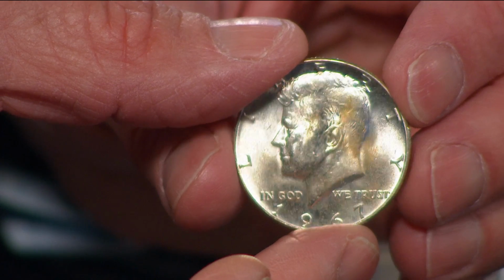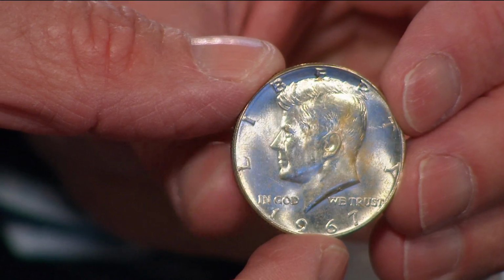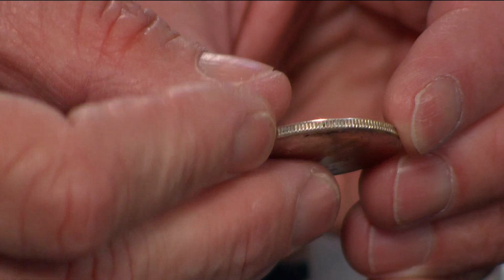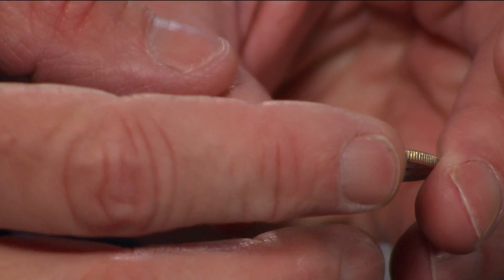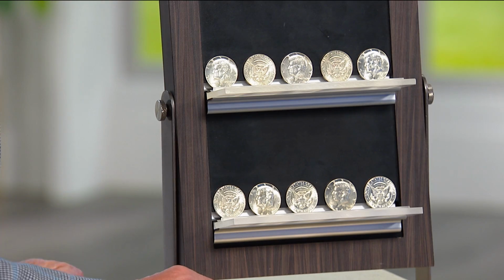Or 9, that's right. That you're going to have. We do have some 65s in there. Those are like $31.50. Look at every single solitary one of them. And silver, as you can see right there. So you get 13 silver Kennedy half-dollars at $99.95. And that's what makes this such a spectacular opportunity for you to be able to get these coins at,